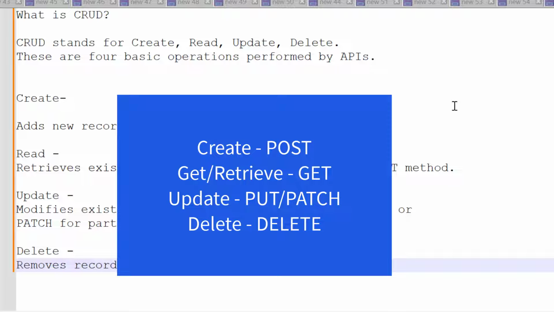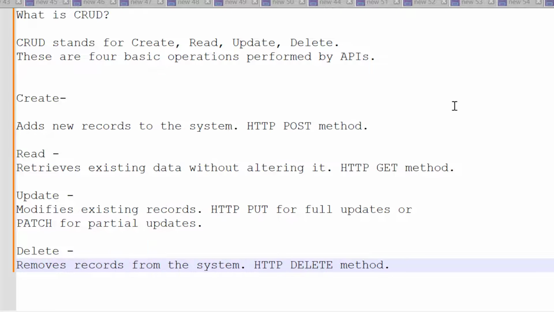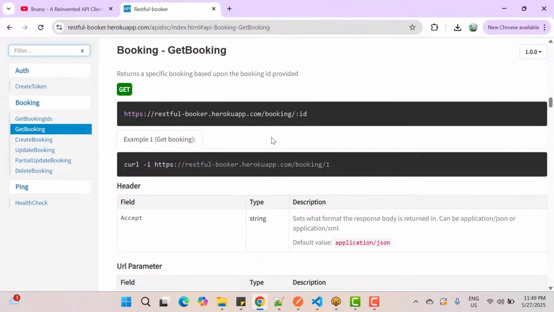So just to summarize, to create data, we can use post. To retrieve the data, we can use get. To update the data fully or partially, we can use put or patch. And to delete the data, we can use the delete HTTP method. Now, we're going to hit dummy APIs using Bruno API client. So I am going to take